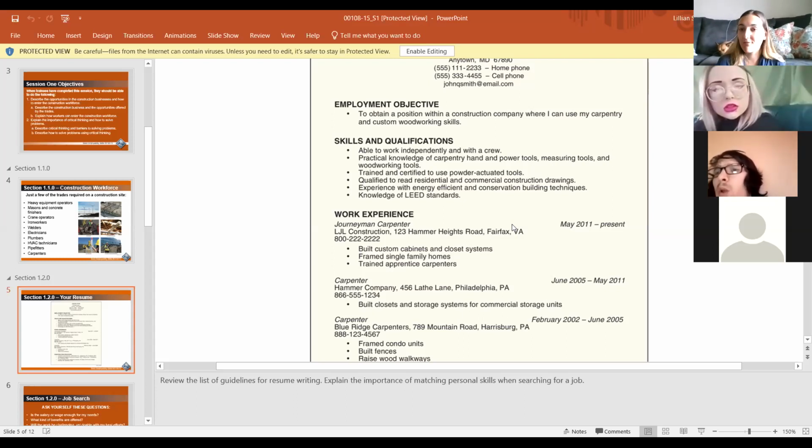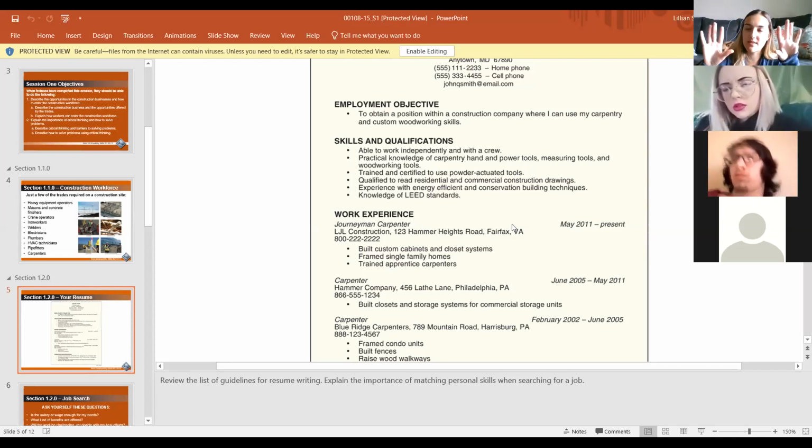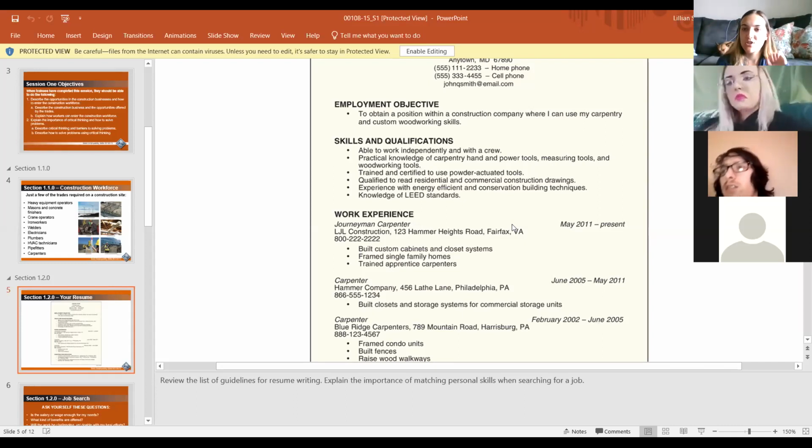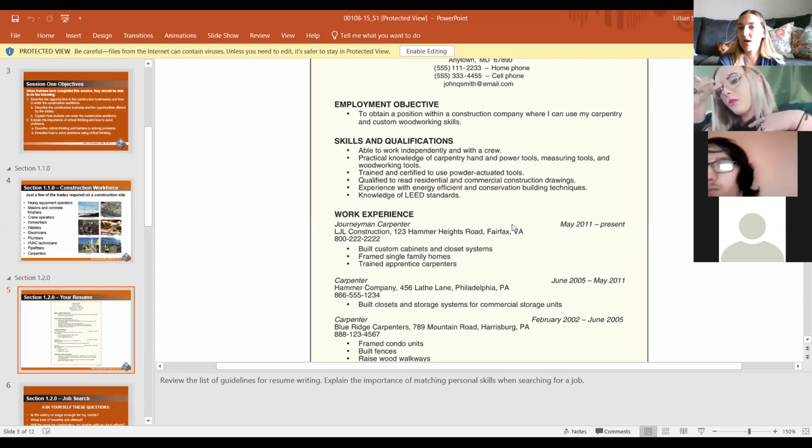I'm just saying that you can have focused resumes so that you can have one resume that is more specific to a certain job and one resume that's more specific to a different job. You can highlight your skills in welding if you're applying to a welding job. You can highlight your skills in carpentry if you're applying to a carpentry job. You don't need to have one specific resume that applies to everything. It's easier that way, but it can look a lot better to an employer if you make it focused. So this person looks like they're applying to a carpentry job and wanting to highlight those carpentry skills.